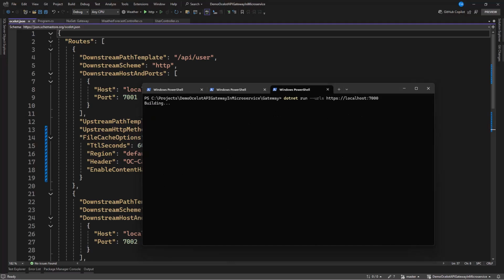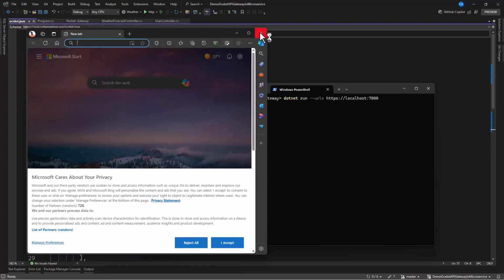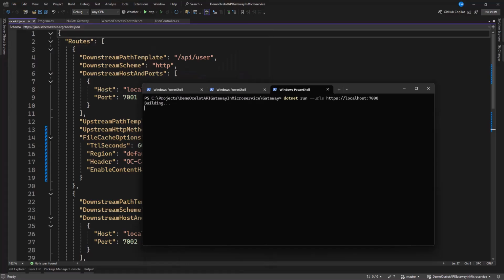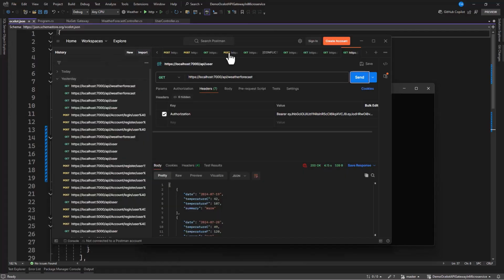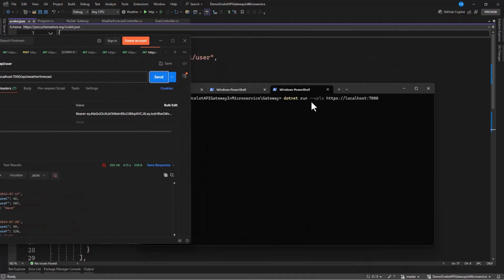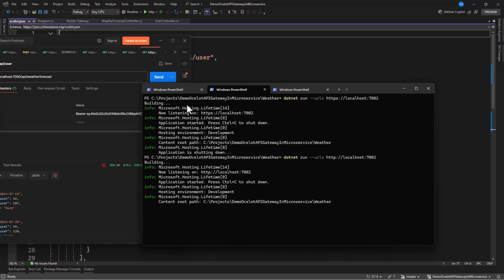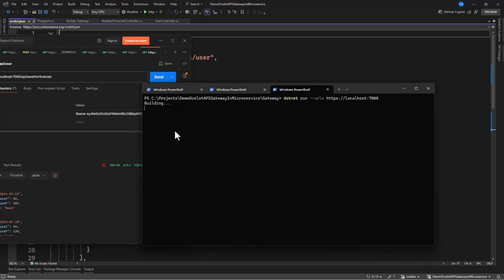Great. Now we can put our browser, or maybe we can even minimize this, then bring our Postman. So let's wait and see if they are running. Now this is set, this is also set. Let's wait for our gateway API.